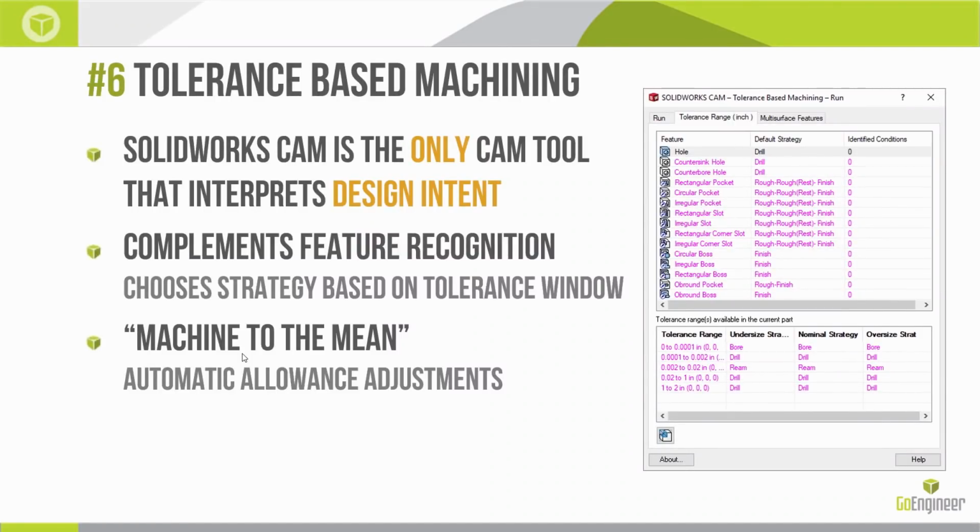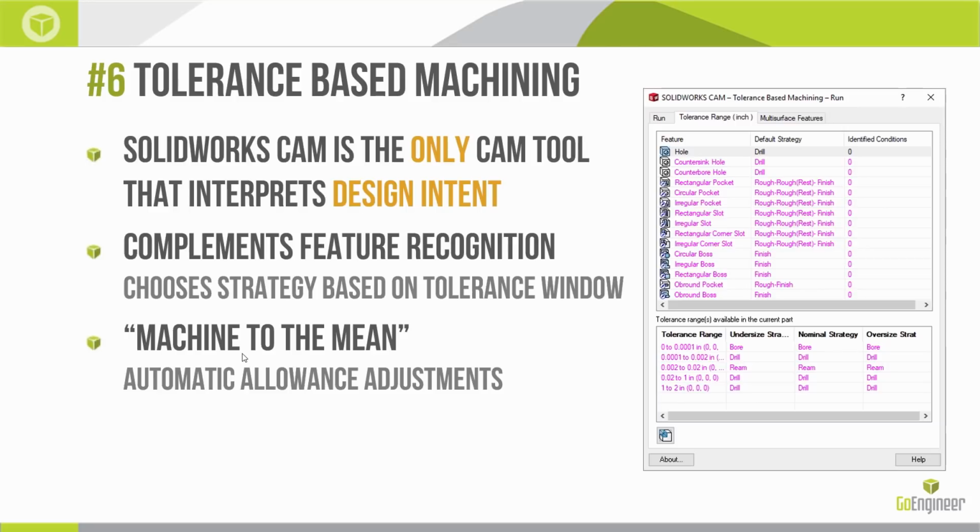All right, tip number 6 is tolerance-based machining. SOLIDWORKS CAM is the only CAM tool that will actually interpret design intent through toleranced dimensions. It's a complement to the feature recognition. It works alongside it. And essentially what it does is it chooses a strategy based on any available tolerances in